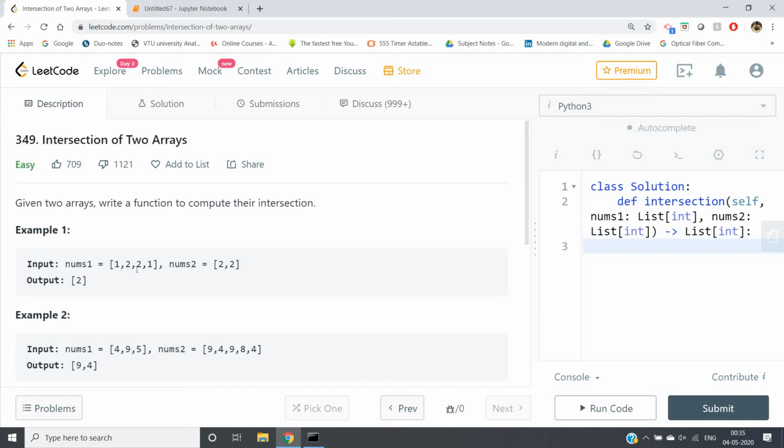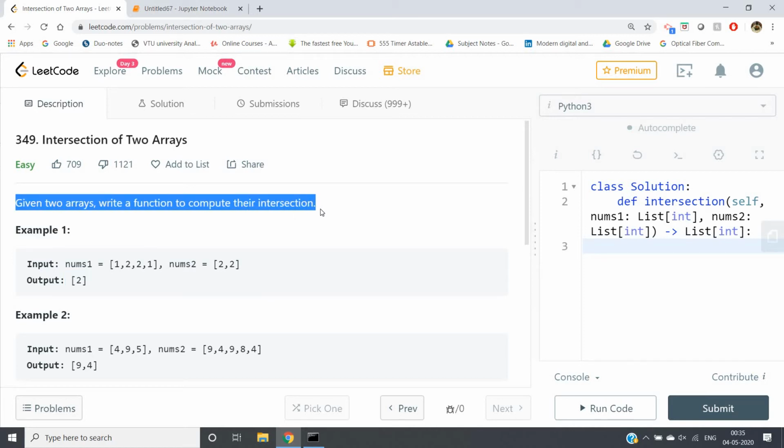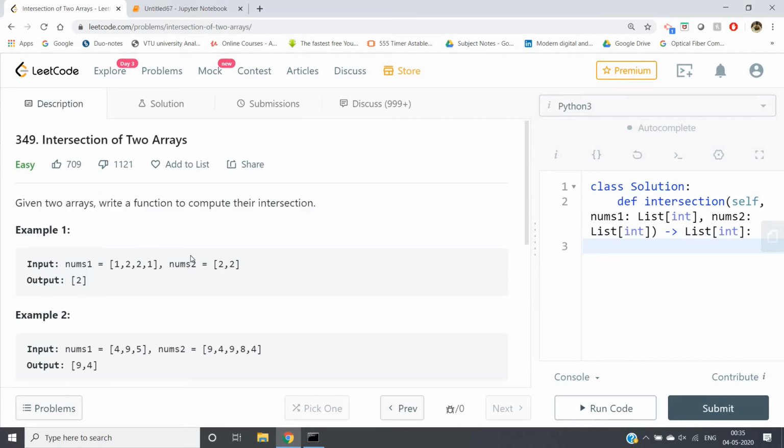For example, nums1 is 1 2 2 1 and nums2 is 2 2. Although two 2s are common in both arrays, we should return only one 2, because a set never contains duplicate values, and intersection is related to set.